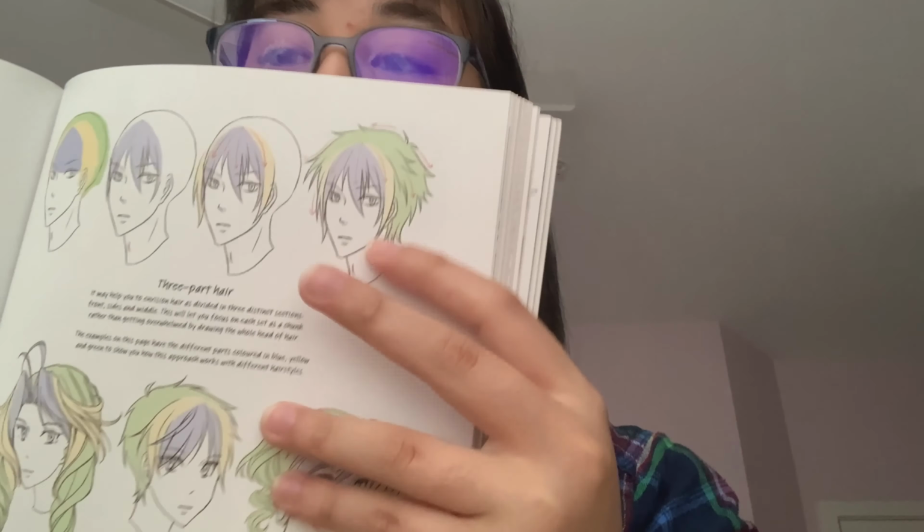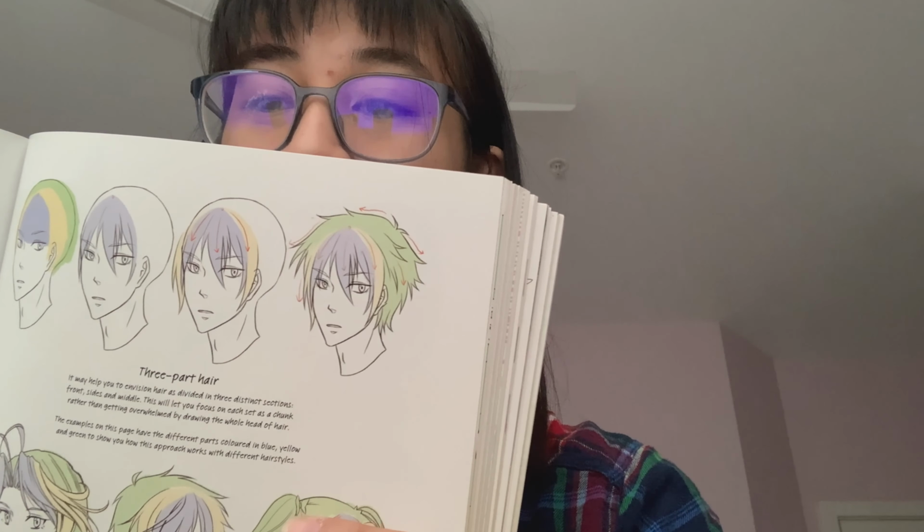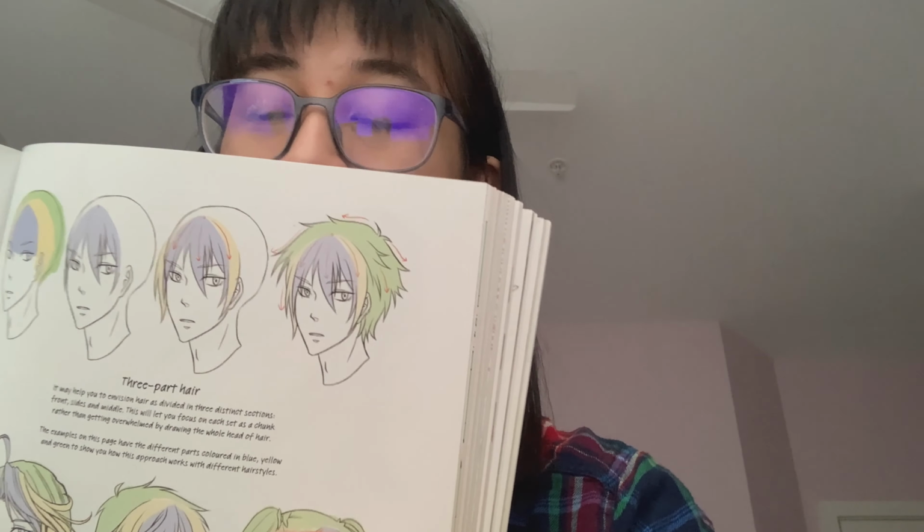This book introduces the 3-part hair where you draw the hair in 3 parts. The front, the sides, and the middle, which is like 90% of the hair that's not in your face or on the side of it, just everywhere else. And I think it's a good method because it helps you learn how to draw hair in parts